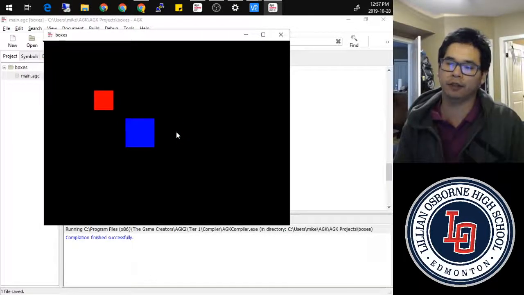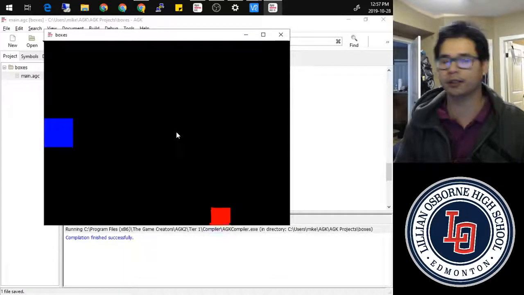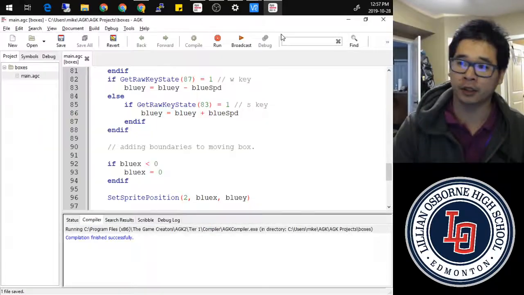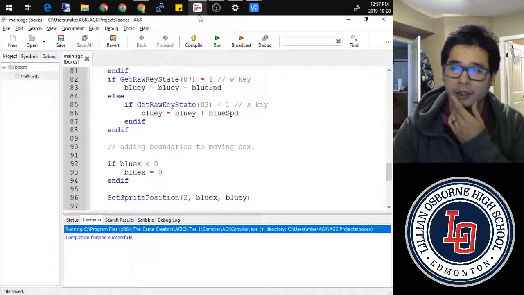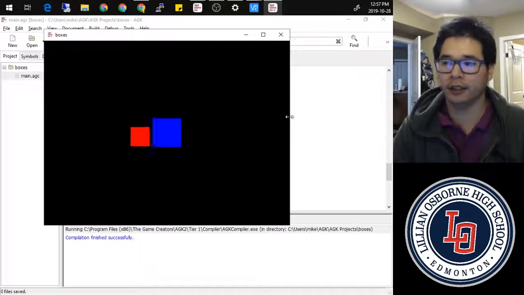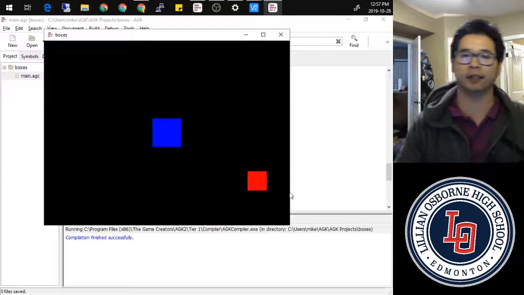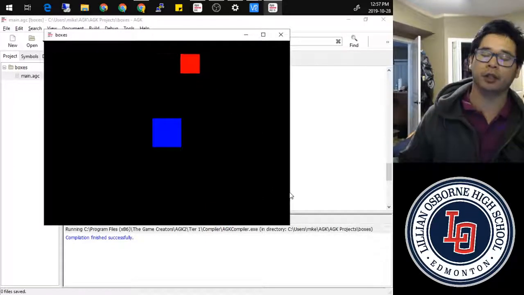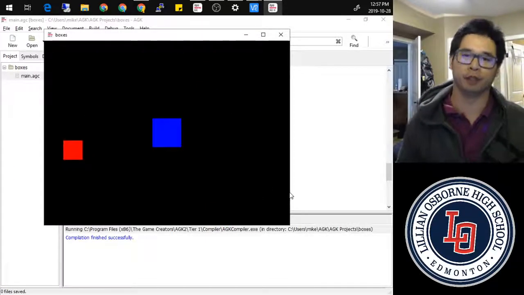So I have one for our left side. This is our easier side. We also want one for the right side of our screen, which is harder because we have to now think of our window properties again. So we have this right side, but this right side is just our get virtual width, but we've got to also subtract the width of our box.